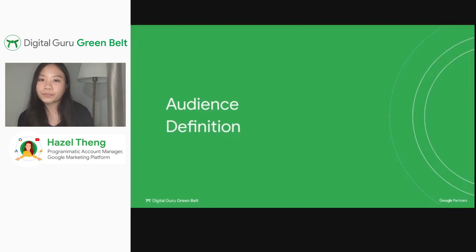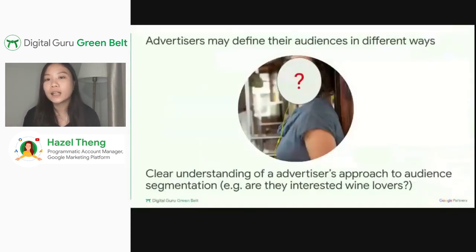So let's say you completely understand what the different signals available on DV360 are, what the different data types available on DV360 are, but you have no idea who your audiences are. So how do we go about defining who your audiences are when we haven't started collecting first-party data or only have a limited quantity of first-party data for our advertiser?